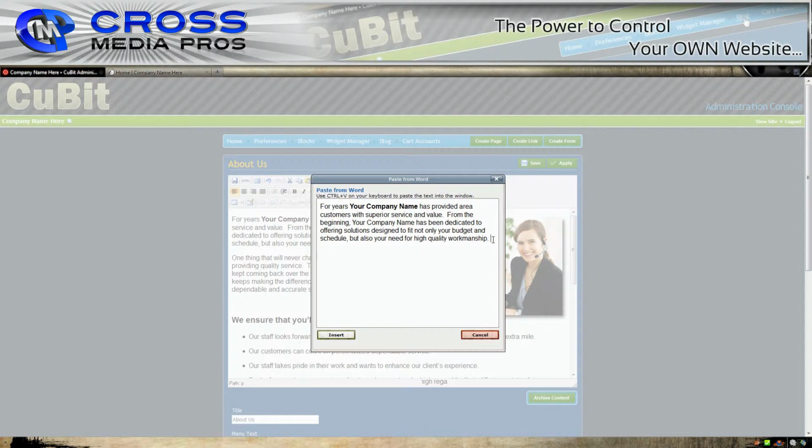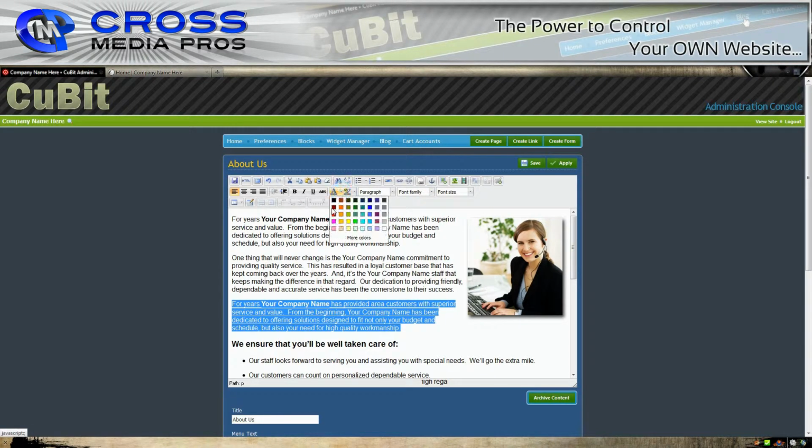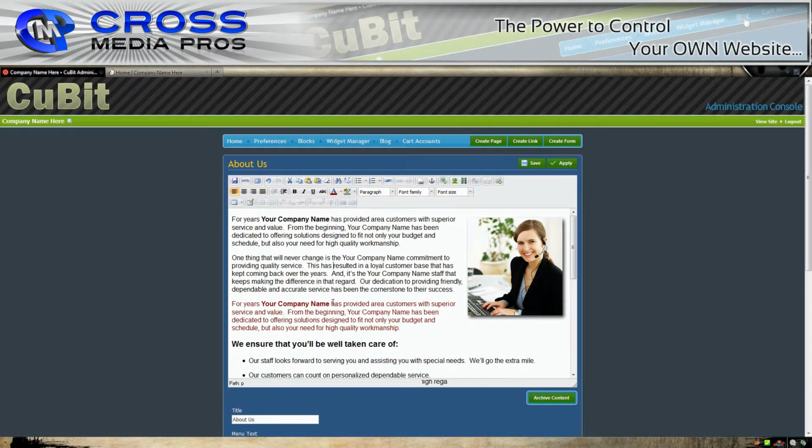So when you bring it in from another website, it's technically dangerous to just paste right in the editor. You should always paste from Word. That protects you, considered a filter. So you hit insert, and it drops the text in right where your cursor was, and then from there you can highlight and set colors, and you can make things underlined, italics, do all the basic editing of